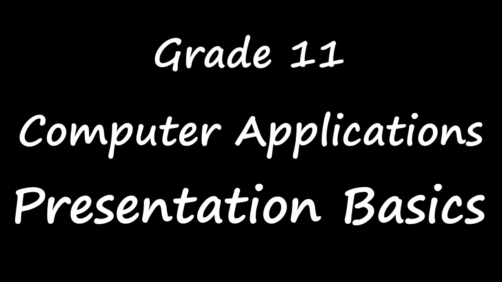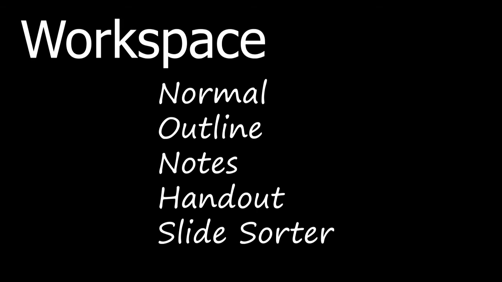Last session we have seen about presentation basics, right? So we have seen about OpenOffice Impress. In that we have seen some options in the last session, and today we are going to see about the options in Workspace. In Workspace we saw that it has normal view, outline view, notes view, slide sorter view, handout view and all. We are going to see this normal view, outline view and all in detail. Let's see about normal view.